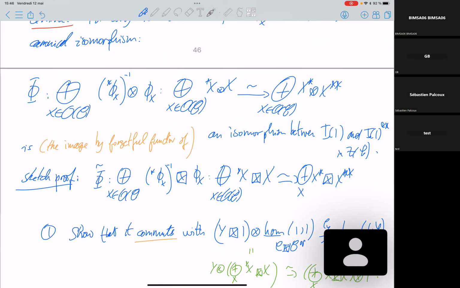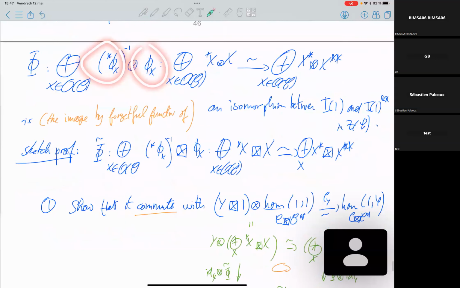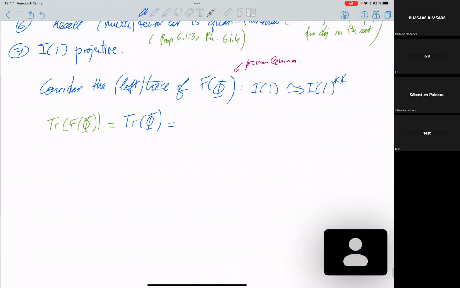So you consider the trace by component like that. So you get the direct sum over x in the simples of the trace of the right adjoint of phi x, inverse, trace of phi x, which is equal by definition to